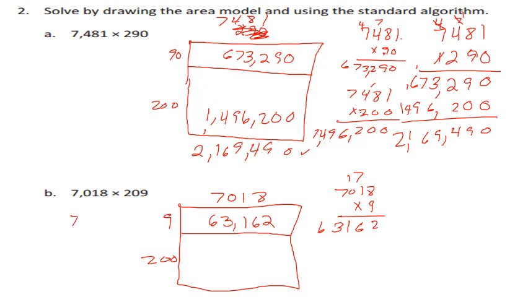We have 7,018 times 200. Put our two placeholders. 2 times 8 is 16. Carry 1. 2 times 1 is 2, and 1 is 3. 2 times 0 is 0, and 2 times 7 is 14. So we end up with 1,403,600. And if we add